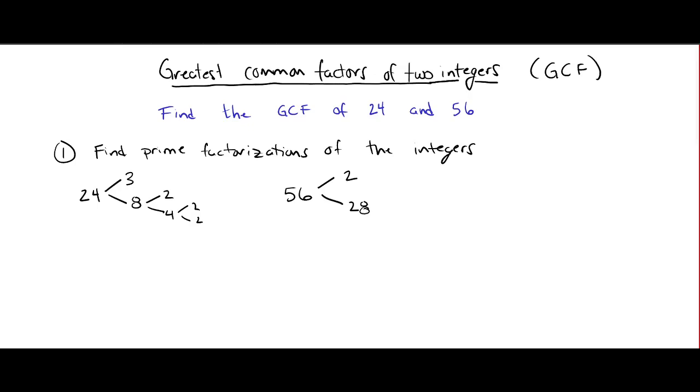And then 28, we can factor another 2 out of that. 28 divided by 2 is 14. And 14, pull another 2 out, we get 7. Okay, so we've got our prime factorizations, and we're done with the first step. So the next step is to compare the factorizations